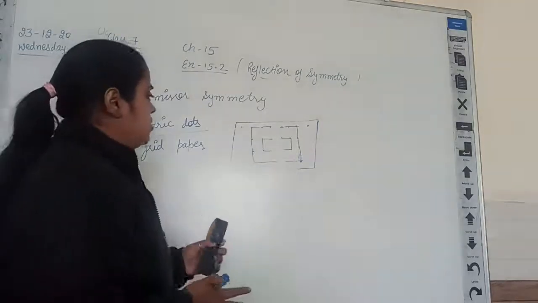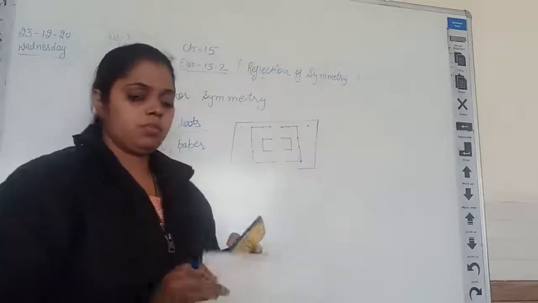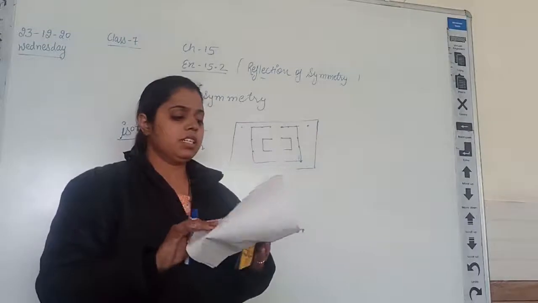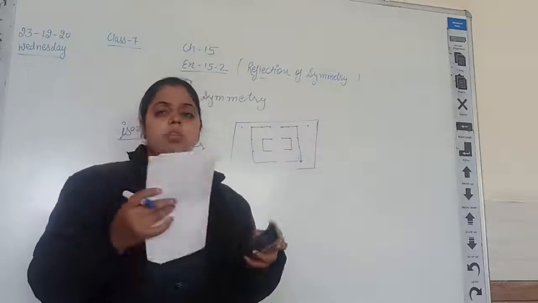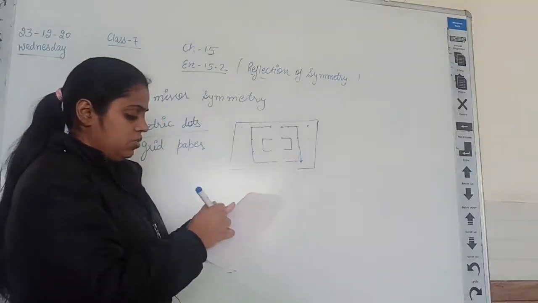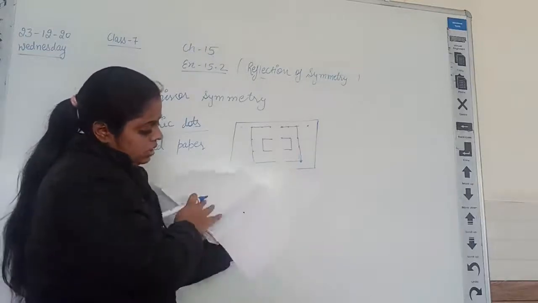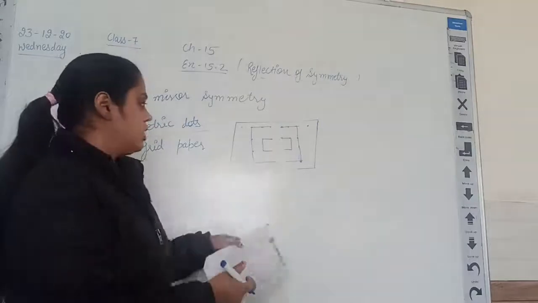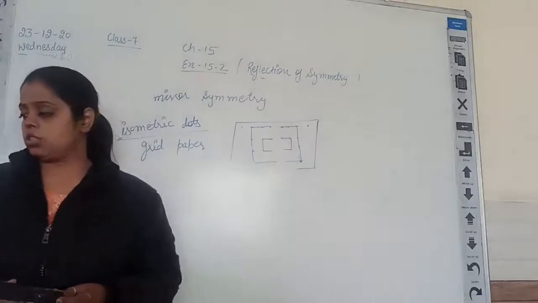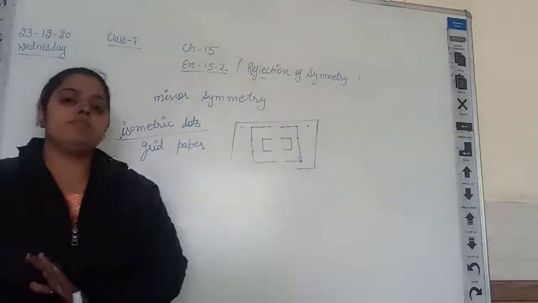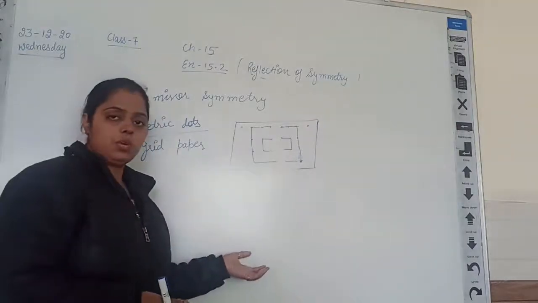Now grid papers, how does it work? Grid papers में क्या होता है? Sometimes we have done like I have this sheet of paper. If I turn it like this, I will fold it. So wherever I put a dot of ink or something else which is dark, the same pattern will come to this side. See here, right? So by this method we can also create the symmetry. Clear, students? So the concept of line symmetry and reflection symmetry is very close to each other, or you can say they are also equal.